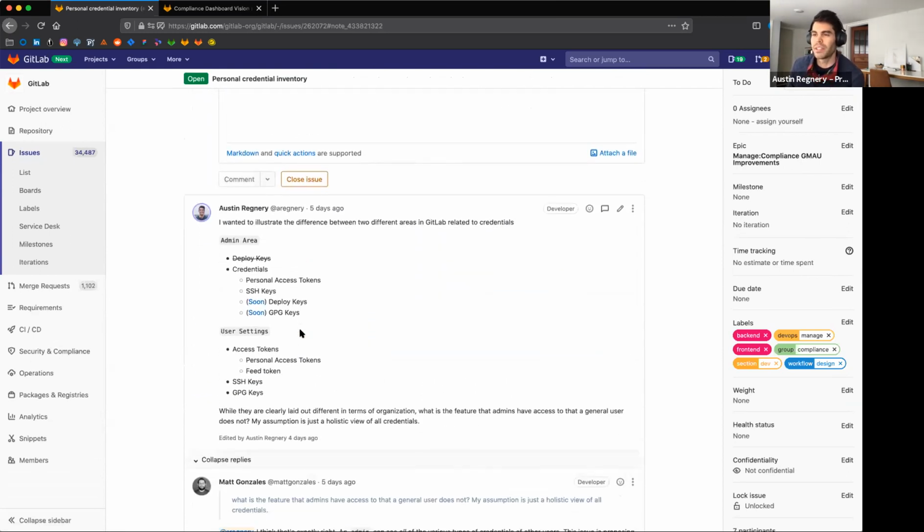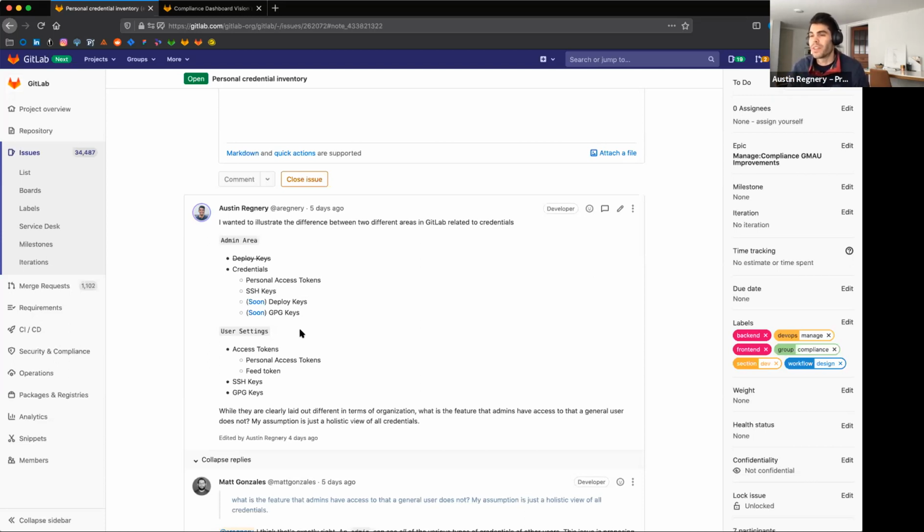I did talk to him about it. It wasn't necessarily about stuff like this. It was more the complicated logic behind inheritance across different levels of GitLab. But I think this same problem appears elsewhere. For example, we have this inventory for credentials like your SSH keys in the admin area. It also exists in your user settings, but they're different experiences in terms of how you find and interact with them.